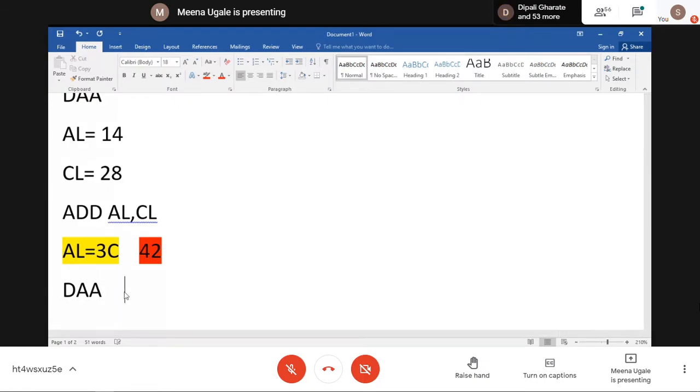So what happens in DAA? The DAA instruction will check your answer in AL. This instruction checks what is there in AL. For example, after addition, I'm getting 3C. So what happens in the DAA instruction? The DAA instruction checks the D0 to D3 bits. If these bits are greater than 9. You can see here D0 to D3, for example, this 3 and C. You can imagine it like this. It is starting from D7. Let me write here.